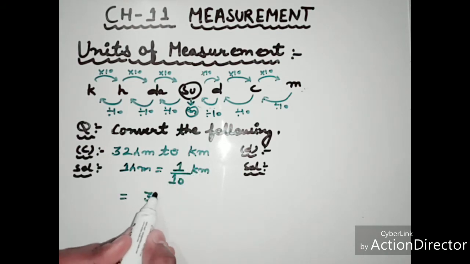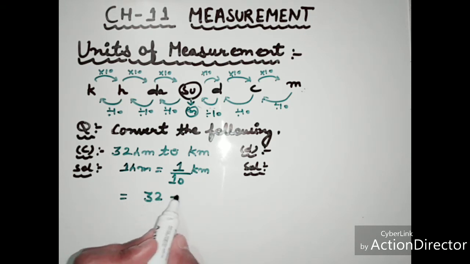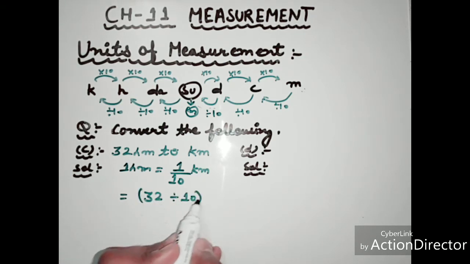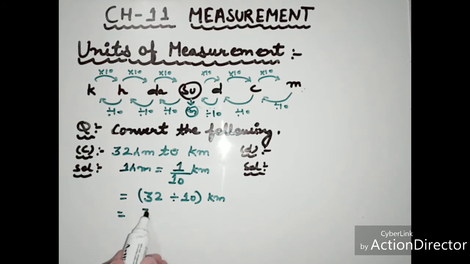So we divide 32 by 10. And if we divide 32 by 10, so in decimal chapter we learn if the decimal place is here, because no decimal, so the place of the decimal is last end of the number here, and the denominator having only 1 0, so decimal shift to the left hand side one place. So we write 3.2 kilometer.